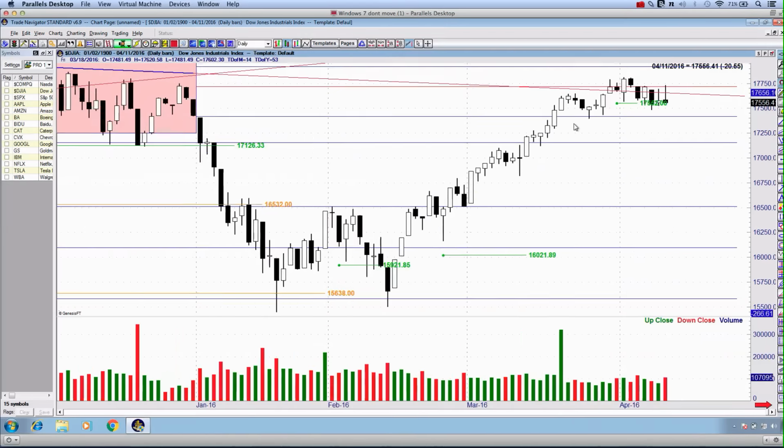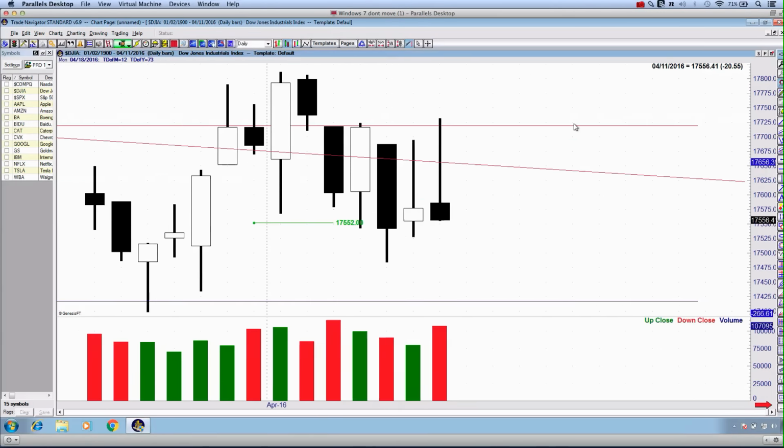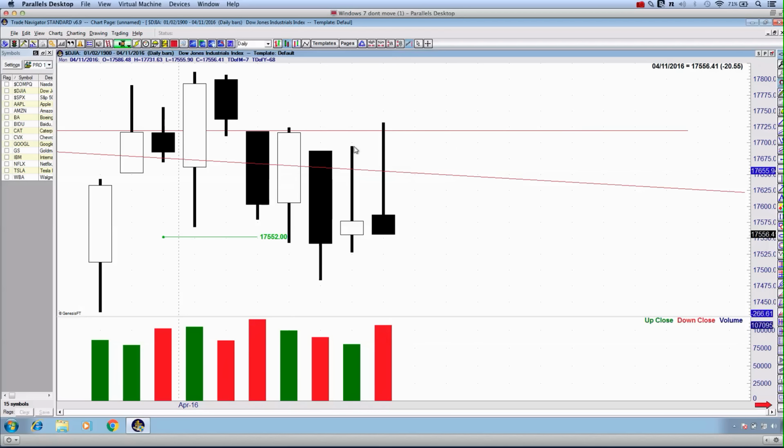Again, let me zoom in and just walk you through the sentiment. We started the session on Monday very strong, or somewhat strong, I should say. We actually pushed up above not only Friday's candlestick, but also Thursday's, Wednesday's, and Tuesday's. It was looking very healthy towards the beginning of the session, but once that first hour and a half had concluded, we saw the sellers jump back into this market. Not only that, but we closed right down where the lows were on the daily candle.